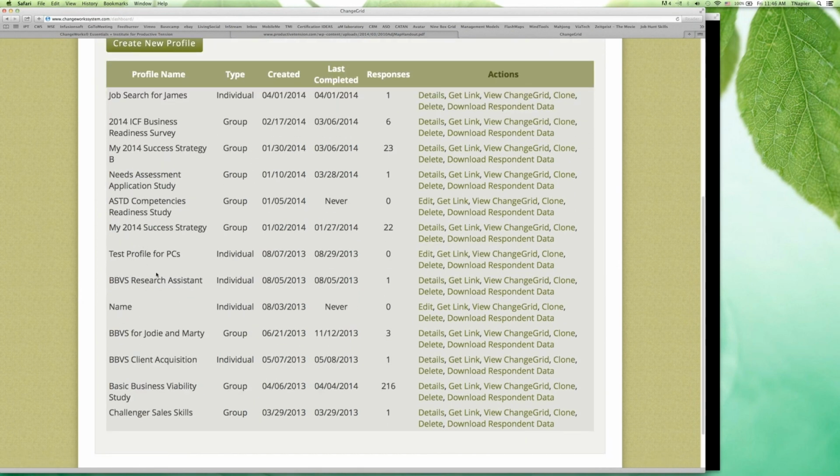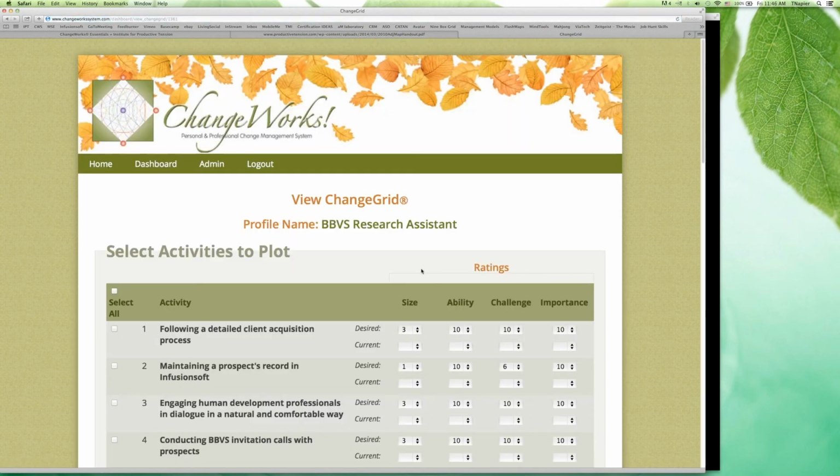But this particular one that we had Stephen fill out was for this research assistant kind of role, which technically isn't his job, by the way. But we were hiring someone to do this task list, and so we had to get some decisions made about what that role would actually include. And now we have someone who does this work. But yeah, this was Stephen's profile. Yeah, nope, that's not Stephen's. That's the other person. One moment.